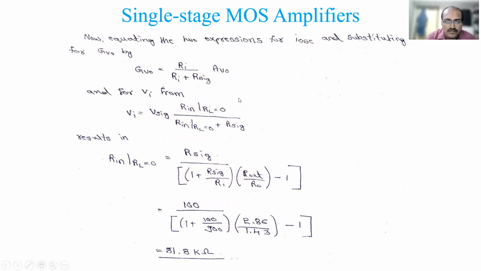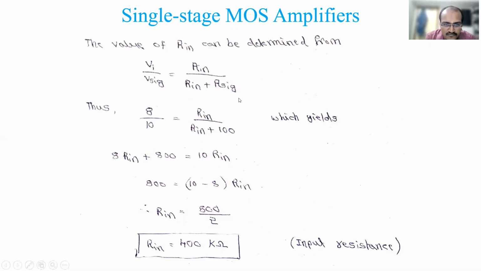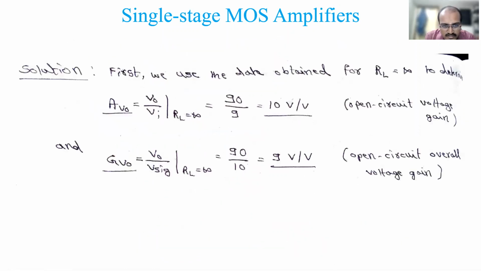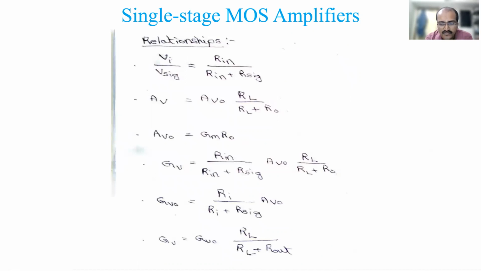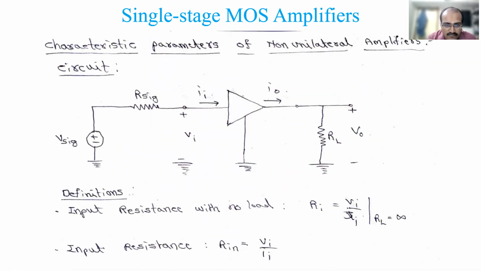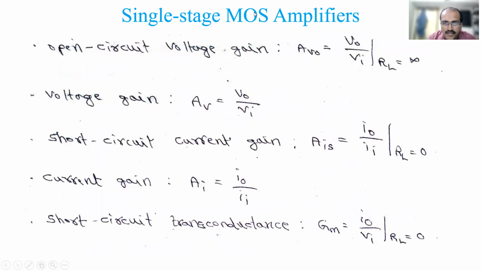So yesterday I gave a number of relationships. If you have the notes, it will be better to understand. This is the relation I'm using here. See here, any relation, it is giving the AIS relation. These are the parameters I have calculated for that problem. RI I have calculated there, Rin also I have calculated. So you observed there. If you are attentively listening, you know these two are calculated. Then AV naught is calculated, AV is calculated.